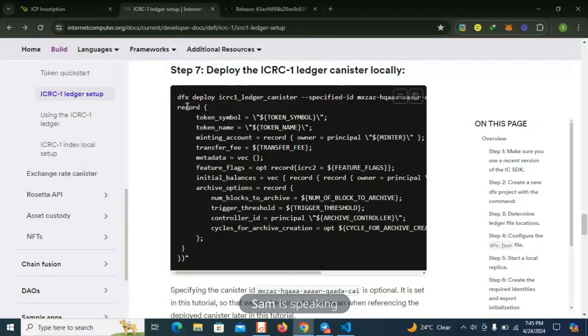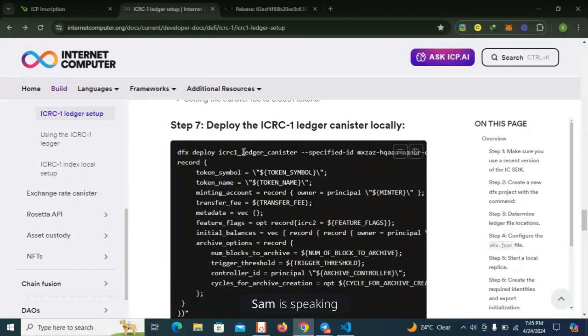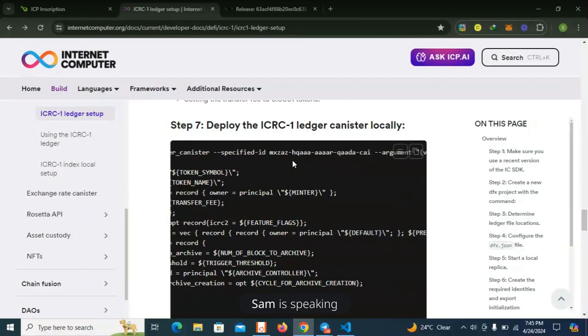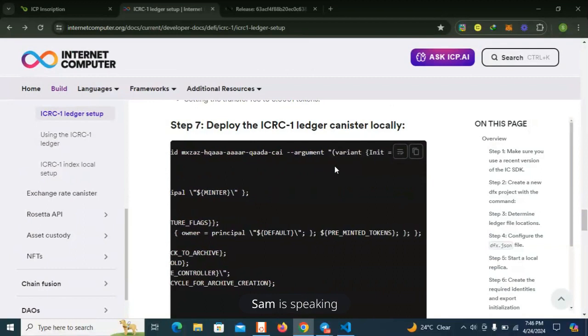So we use the dfx deploy command, and then we specify the name of the canister, which is the ICRC1 ledger canister. But in this case, we want to deploy it with a specific ID, which is this,